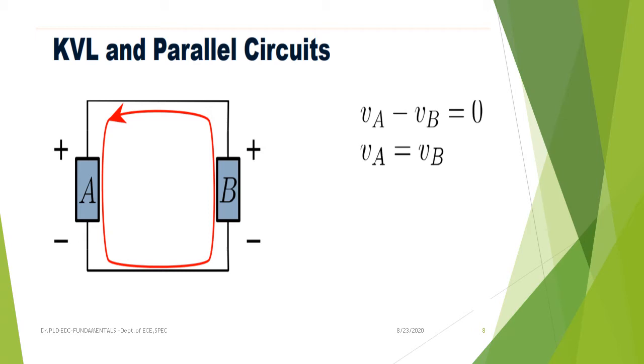So plus VA minus VB is equal to 0. That itself indicates the drop across component A and component B is the same. That is, VA is equal to VB according to this mathematical relation. This is the way to write Kirchhoff's voltage law and justify this equation, VA minus VB is equal to 0. That leads to VA is equal to VB.